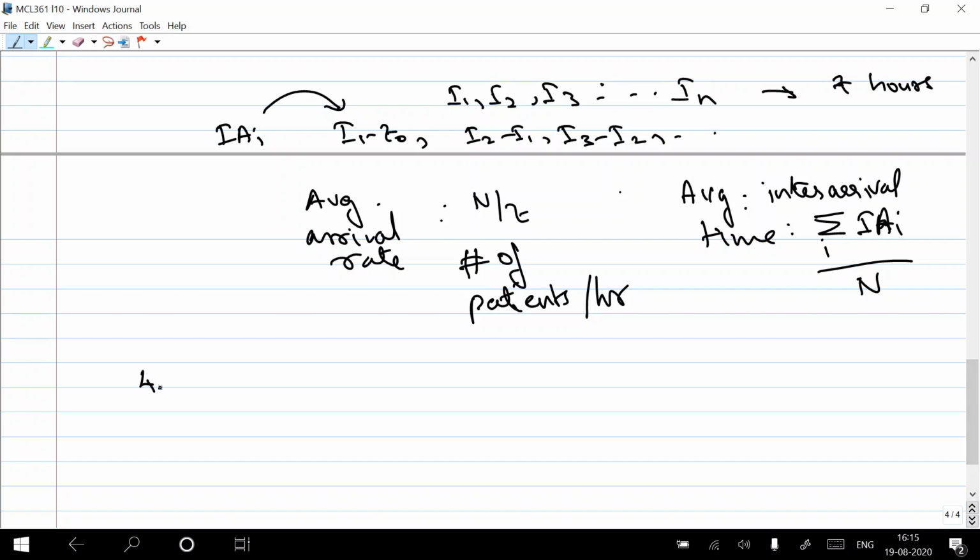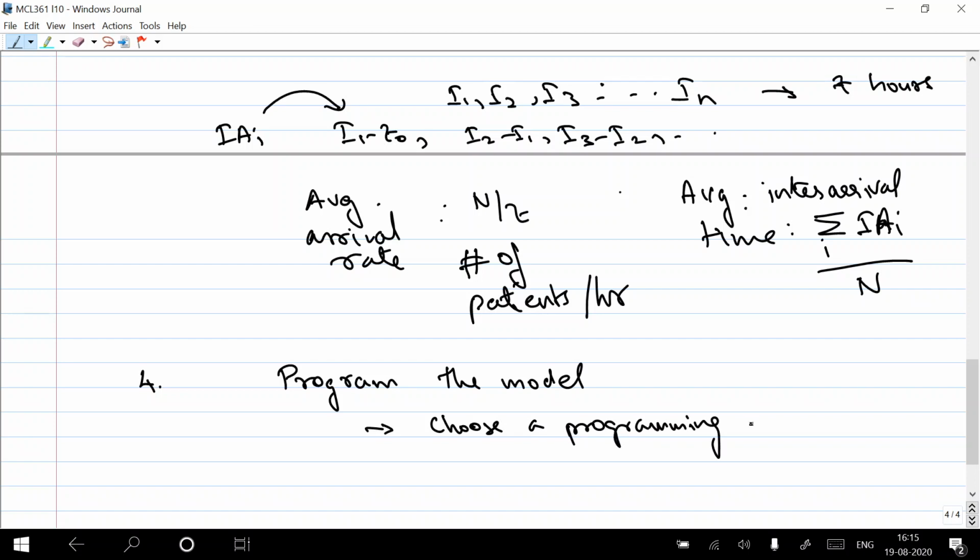once you have your conceptual model, you have your input parameters, then you go ahead and then you program the model. So there is not much to say here. You have to choose, for example, a simulation programming environment, whether it is, let's say, platform. So, for example, I try not to use built-in simulation packages. So there are many discrete event simulation packages. There are many agent-based simulation packages. There are many Monte Carlo simulation packages.